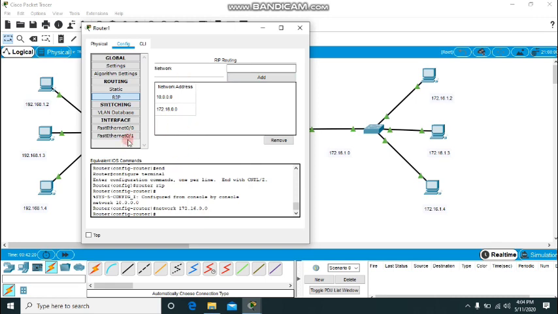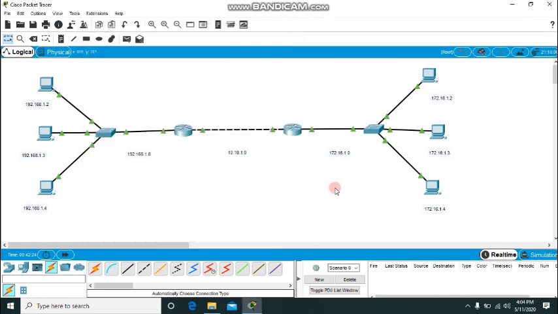So two RIP networks are added. It is done, and the communication between these routers is okay now, and every packet from this network is allowed to ping to the other network through both these routers.